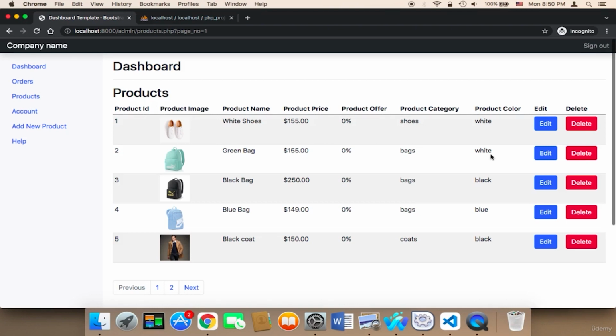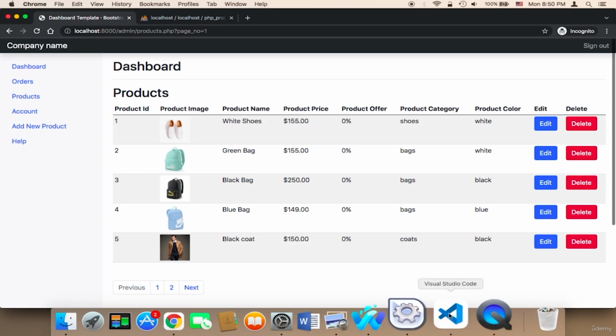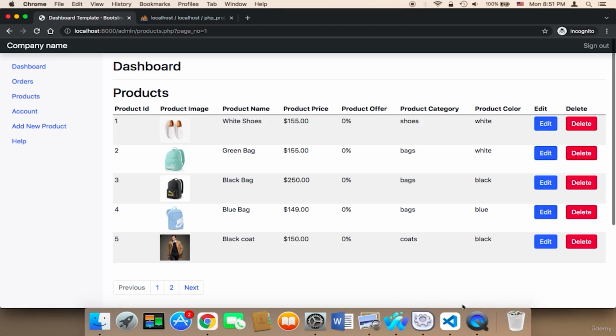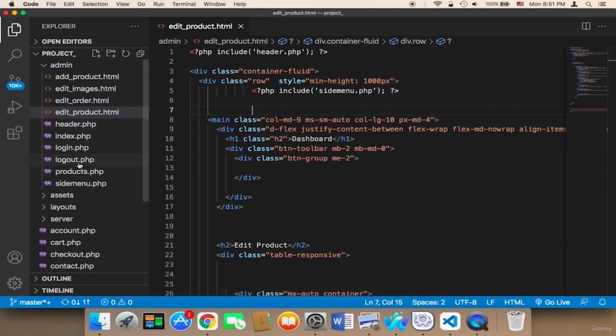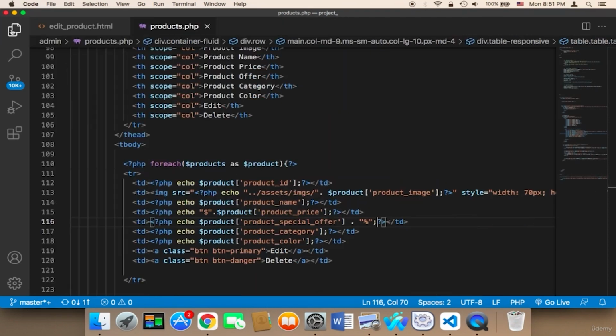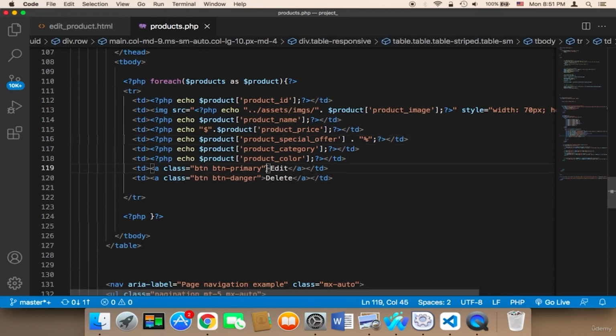Welcome back. Now what we need to do is work on the edit. We need to allow admins to edit product details such as the name, the price, offer, category, all of these things. And to do this, we need to activate this button. So first of all, I'm going to head on over to the products.php, and then here we have the edit. This edit button, we need to say href, and the href is going to be equal to edit_product